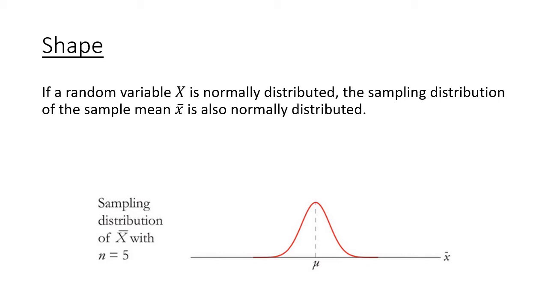My mean, mu, is still in the center, but my distribution is much more compact. We're much more towards the center. It's going to be far less likely to have our outliers out here. And that's going to continue if I make my sample even bigger,